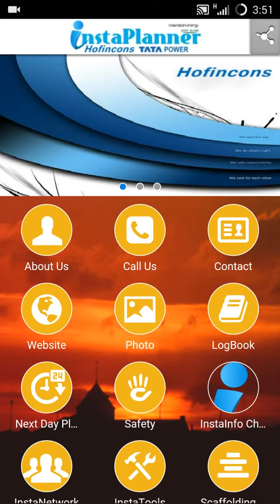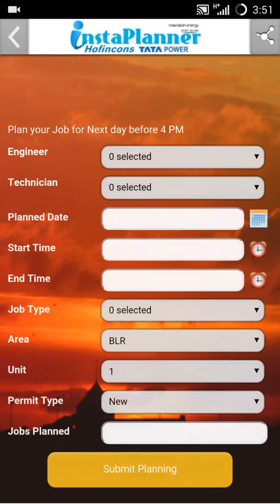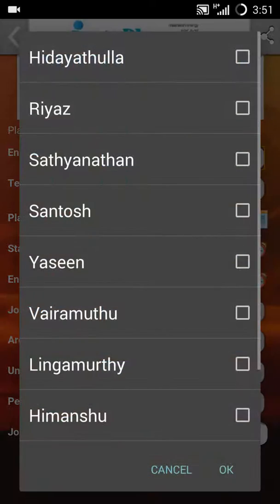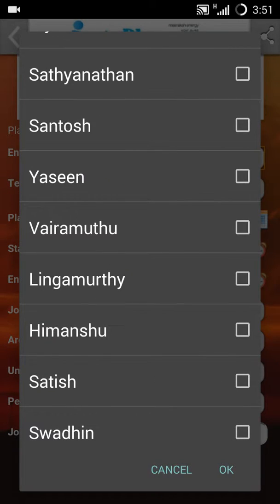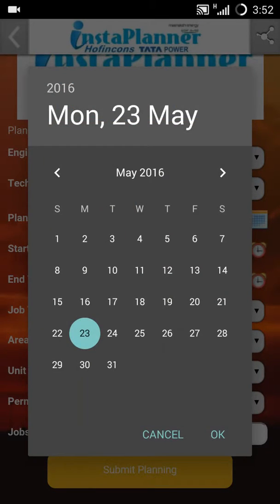See, just now a pop-up came that says thank you, your report has been submitted. Now for next day planning, again you will see everything open in a similar fashion, and you can click on the engineer's name, technician's name, job description, and on what date you are going to plan your job,